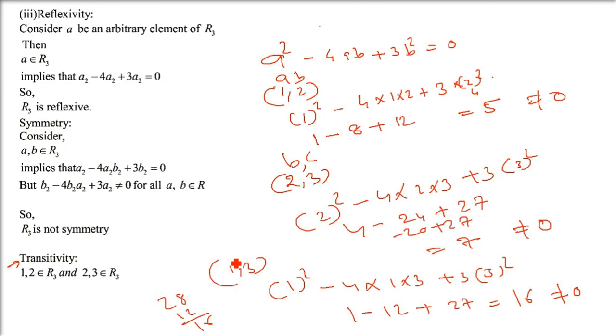So what is the conclusion? The conclusion is very clear. When (A, B) is giving you non-zero, (B, C) is giving you non-zero, and (A, C) is also giving you non-zero, that means you can tell it is transitive. This is the clear logic. If (A, B) is 0, (B, C) is 0, but (A, C) does not give you 0, then it is not transitive. But here (A, B) is not 0, (B, C) is not 0, and (A, C) is also not equal to 0. So it is transitive. I hope you got my logic, right?